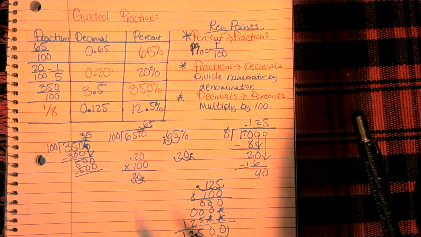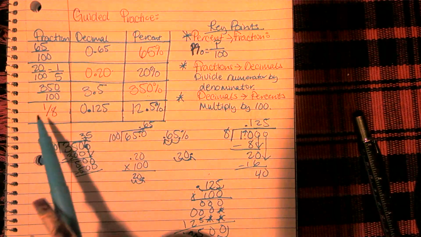So if you want to go from a decimal, or sorry, fraction to a decimal, divide the numerator by the